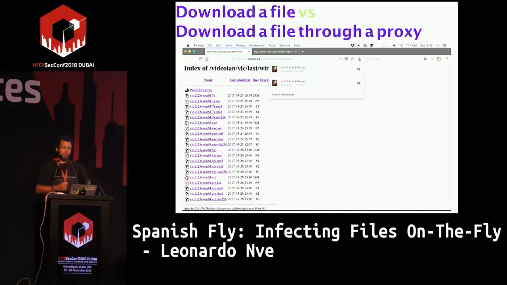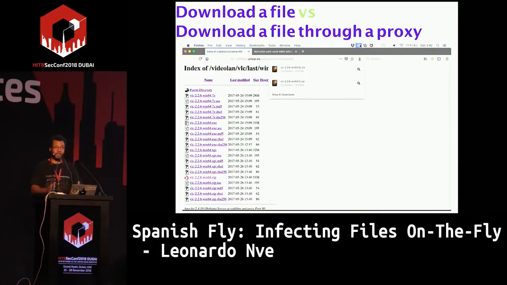So, what's the problem there? The problem is that if the file is big, and we are downloading 51 megabytes, the proxy first downloads the file, and then it sends it to the target.